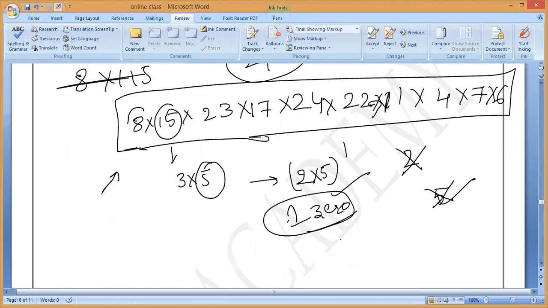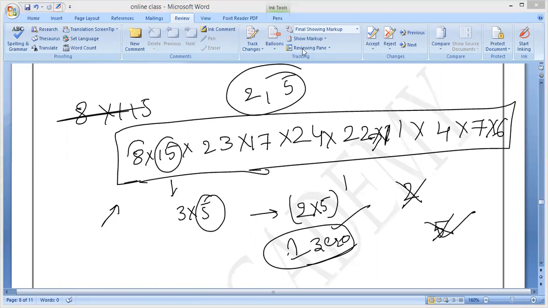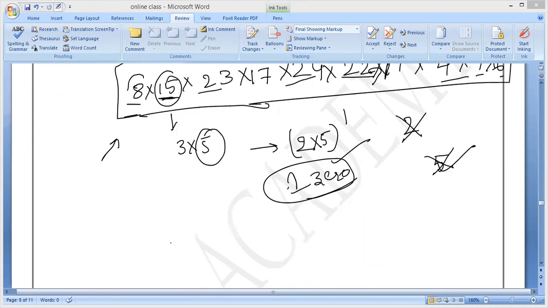Next question. Do you understand this question, all of you? This is very important. If you do normal multiplication and find the zeros, how much time it will take? If you write the sets of pairs of 2 into 5, it is also very difficult. Everywhere we observe 2 is there, so many 2 pairs will come. But here 5 is very less, so only one factor we can write. 15 is in the form of 5's, so only one pair we can form. So one 0 at the end. If you want, you can multiply and verify. Only one 0 will come.